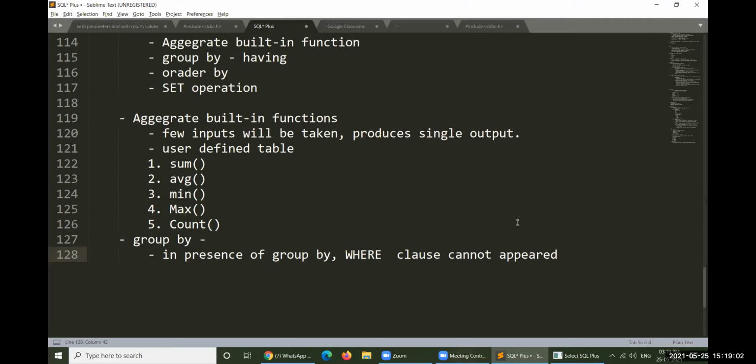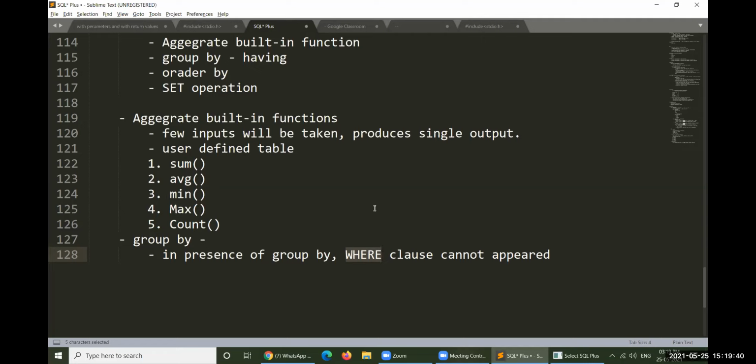If you want to operate a group by clause, then the where clause is strictly prohibited. It is not supposed to come. Whereas if you want to apply a where clause, group by clause is strictly prohibited. Please remember, underline this. Only one of the clauses can be operated, not both.